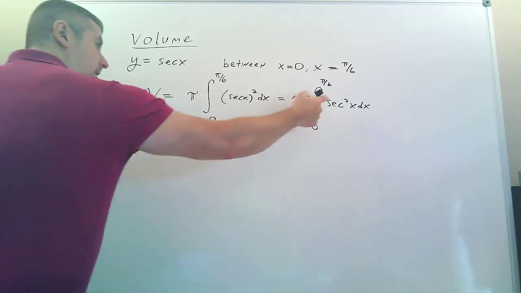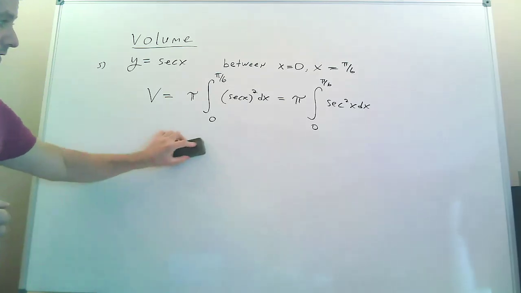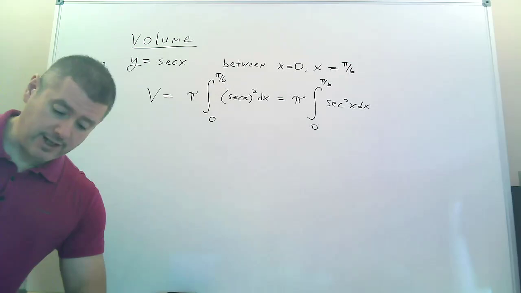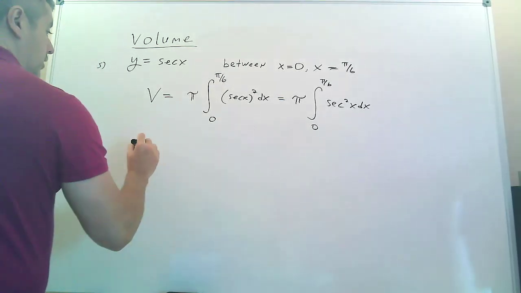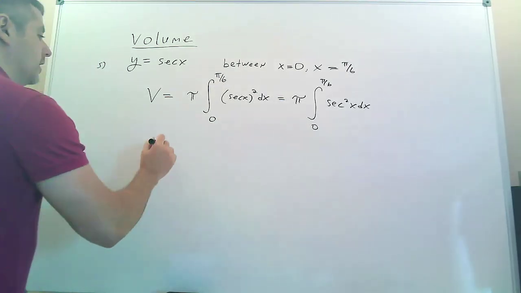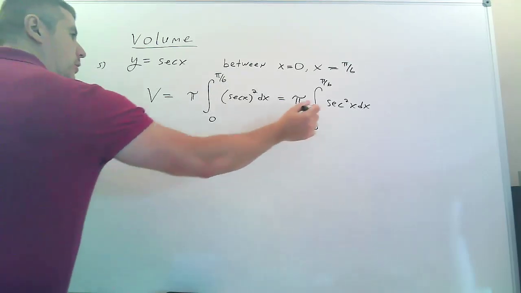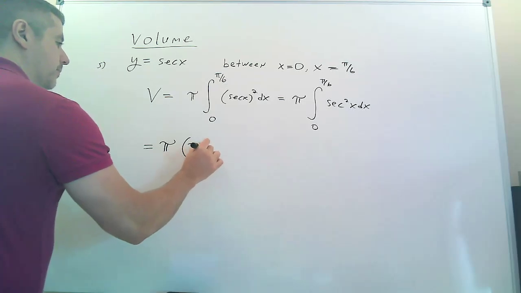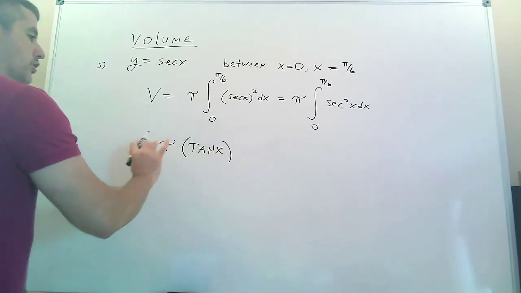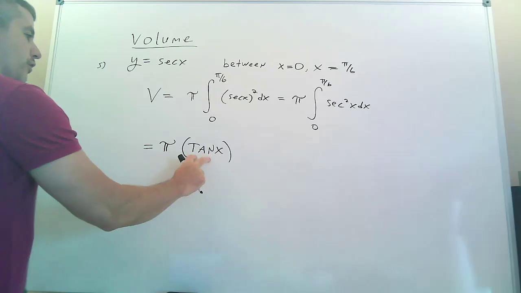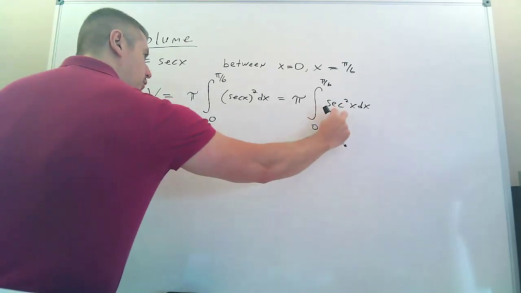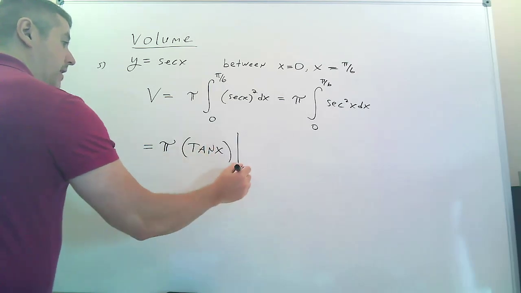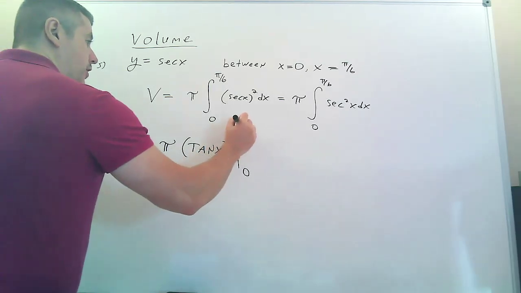Now, you're looking for the antiderivative of secant squared, which means I need the dude whose derivative is secant squared. And you should have that memorized. I'm going to keep my pi there. So when I integrate secant squared, I get tangent. Our good old buddy tangent. Nothing crazy. No squareds, no nothing, right? The derivative of tan is secant squared. So that's my antiderivative of secant squared. Now I have to compute that from 0 to